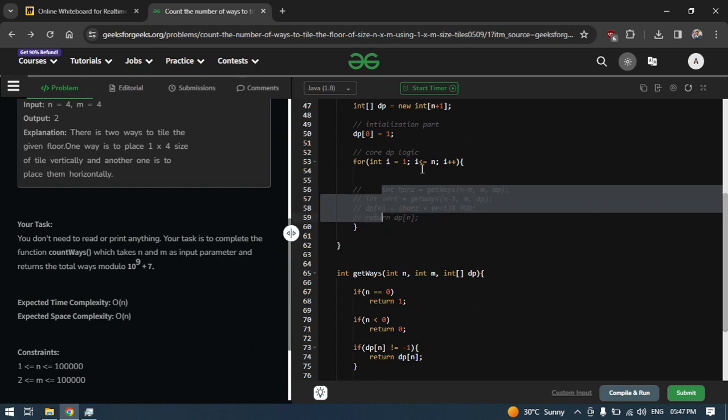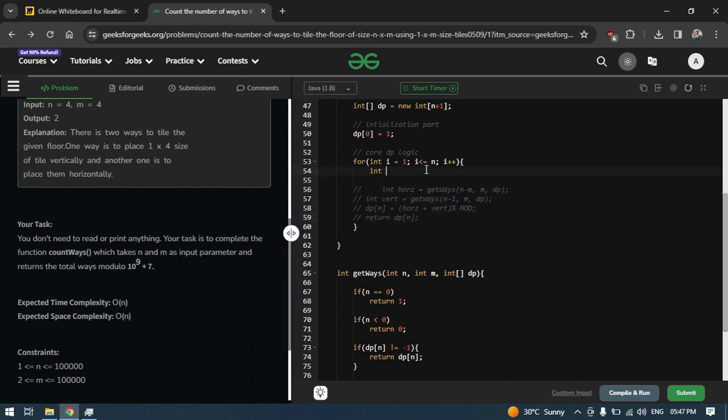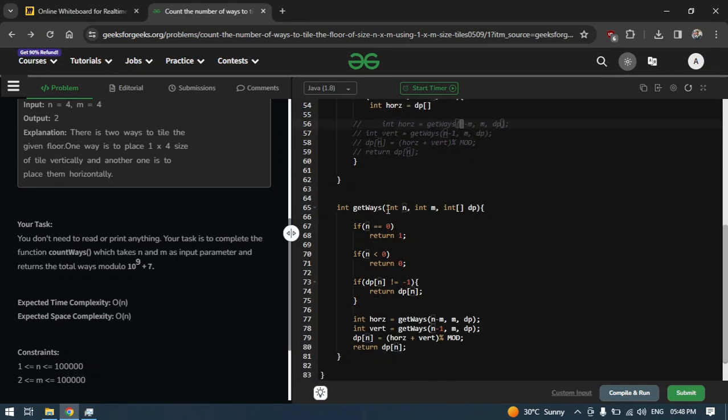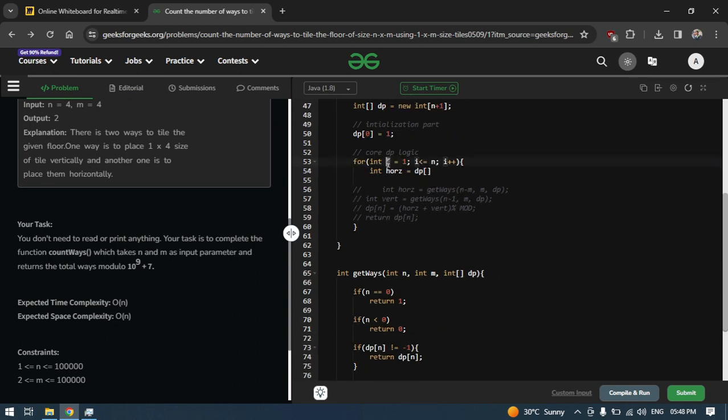So here also we'll define int horizontal equals to gateways. The result of this particular call will be stored into dp of this matrix alone n. So here if we see, the n is changing, like n minus m, n minus 1. So here the changing variable is i, so we'll replace n with i minus m,